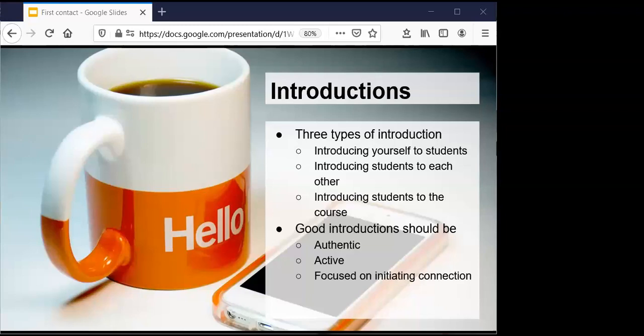You're also going to have to do some matchmaking facilitation work, and you're going to have to create opportunities to introduce students to each other, right? To facilitate students actively interacting with each other. You're going to have to do some introducing of your students to your course, or at least your course to your students. And ideally, we want to say, just as a kind of principle, that all introductions should be